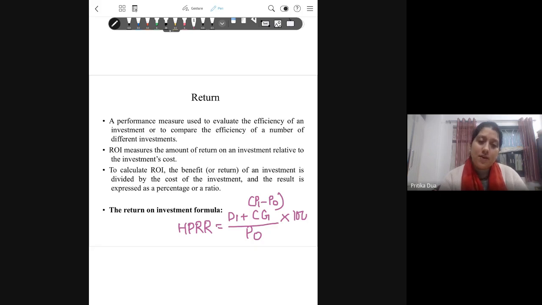So that will have another formula, but as of now, we are seeing the concepts theoretically. So what return you are getting on the investment made? P0 being the cost of the investment made, that return is the return on investment.